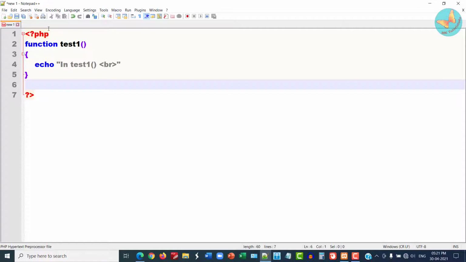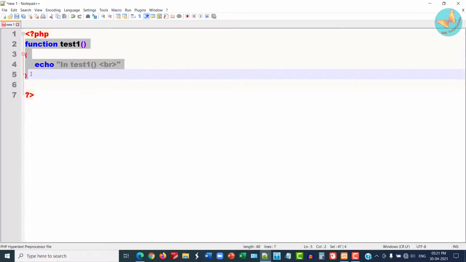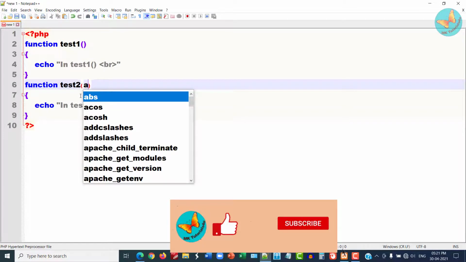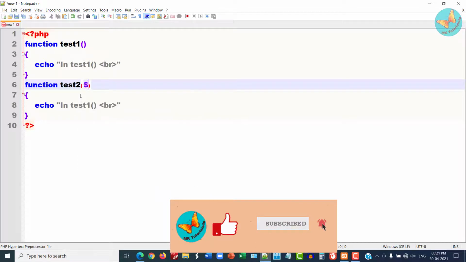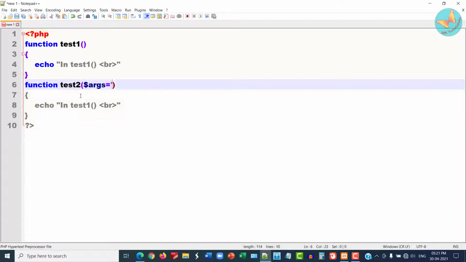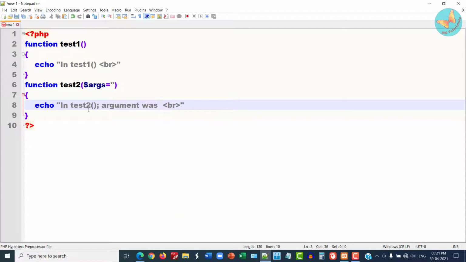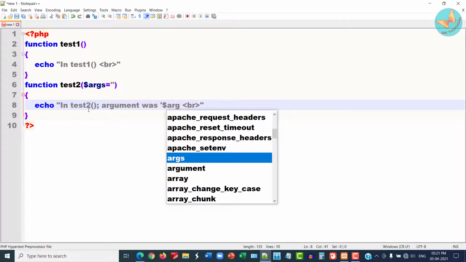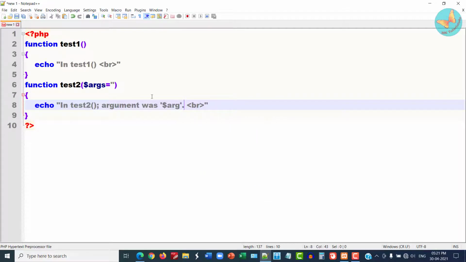Similarly, I'll create one more function with an argument. Suppose I create function test2 with an argument. The default argument I will keep as single quotes, and otherwise I'll display here that in test2 the argument was, and I'll display the argument that the user has provided. So by default, it will give single quotes, otherwise whatever the user has given.